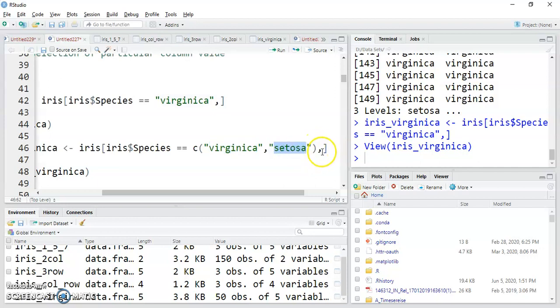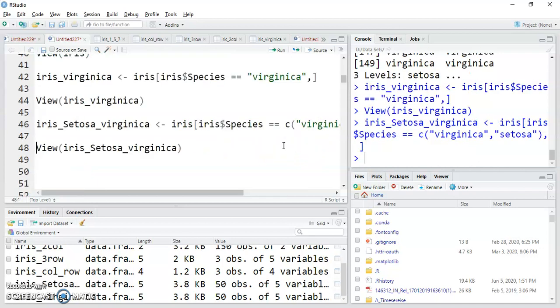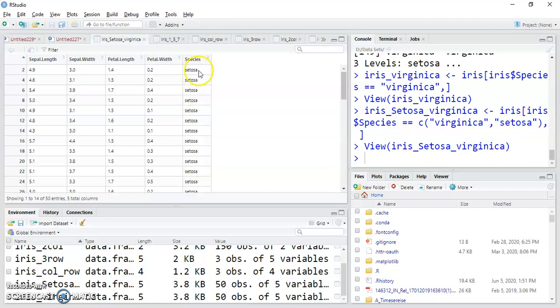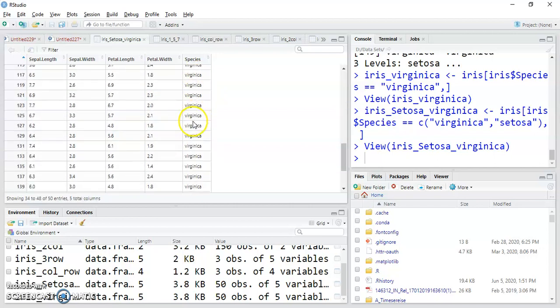The bracket is complete, then a comma. After the comma I have not mentioned anything because I want all the columns regarding virginica and setosa. So let's see. You can see in the Species column there are only two species, setosa and virginica.